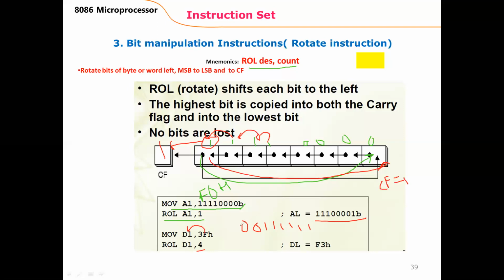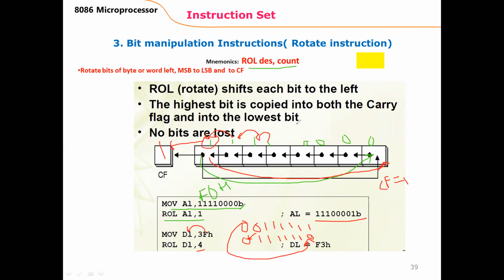Now if we shift it left by using the ROL instruction, if we shift it one time, then the result will be: after one shift, this 0 will come here, this 1 will come here, 1 1 1 1 1 1, and this 0 will come to the LSB. This is the result after one shift.